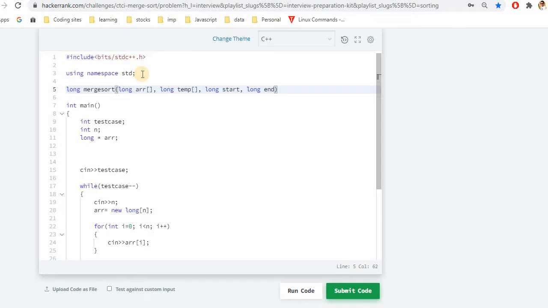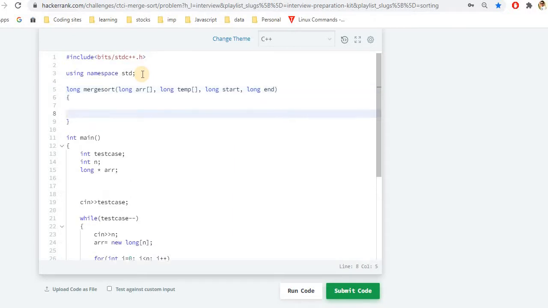Now we want our merge sort to function only if there are values greater than 1. Whenever the array size is greater than 1, or we can say our start is less than end. Whenever there is one element, the start and end will be at the same position.